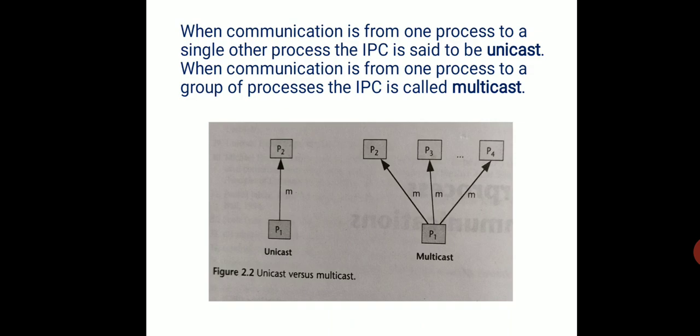Multicast is one process to multiple processes, that is P1 to P2, P3 and P4. Okay, so it is like your WhatsApp chat. Personal chat is unicast and group chat is called multicast. Okay,